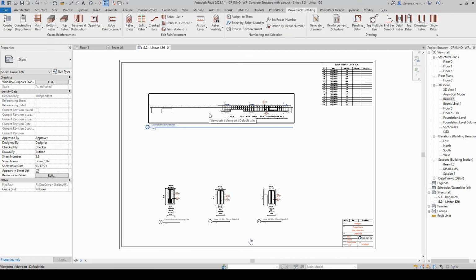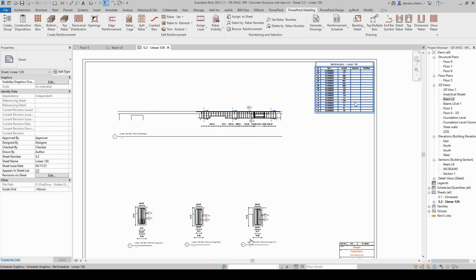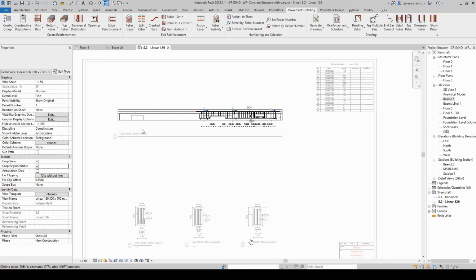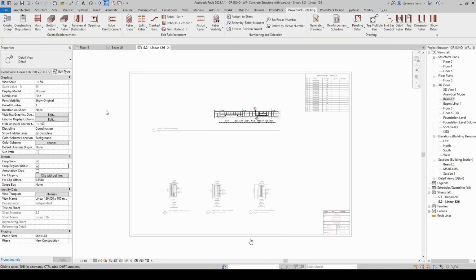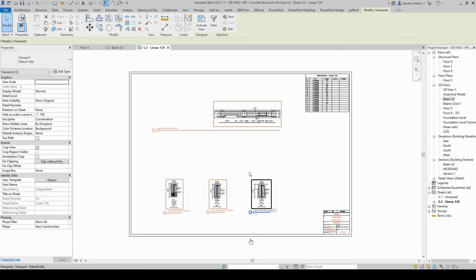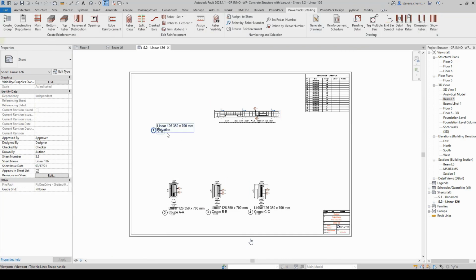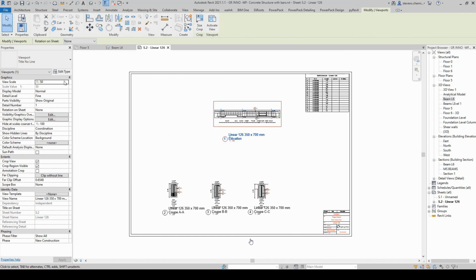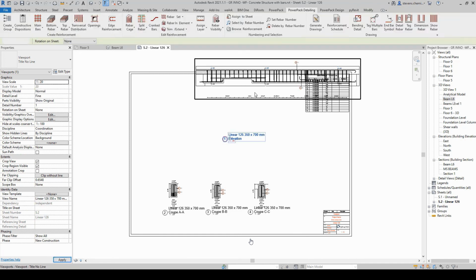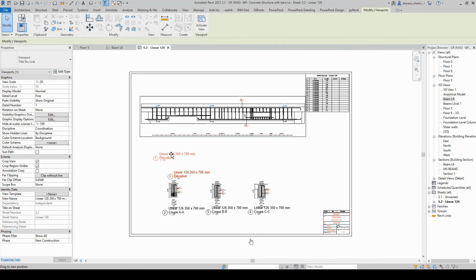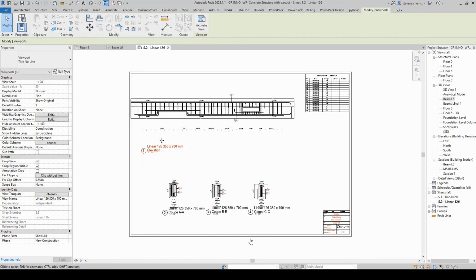This generate drawings command is not fully automating the final drawings, but it will automate a set of usual manual operations you always do when making a drawing: creating title blocks, placing views in these title blocks, managing the scales, placing the schedules. So you see here, in one click, it already places the elevation views, three sections, the title blocks, and the schedule.